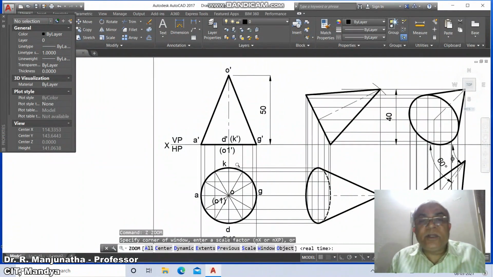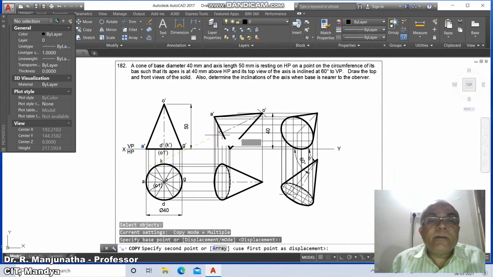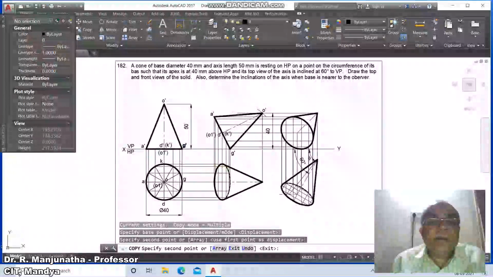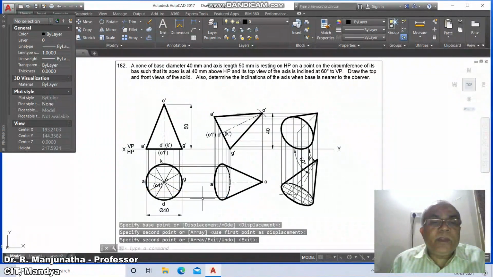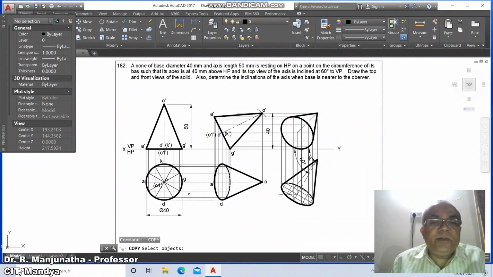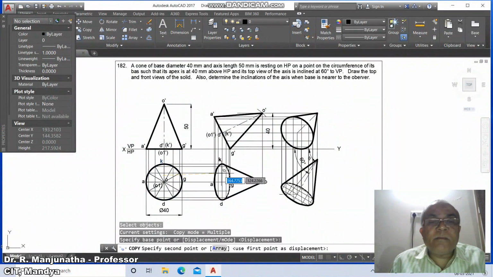Now here the next portion will be on this. Then go to copy, take O dash here, then A dash here, then D dash here, then K dash here, then O1 dash here, then G dash here, then O here, then A here, then D here, then G here, then K here, then O1 in bracket here.